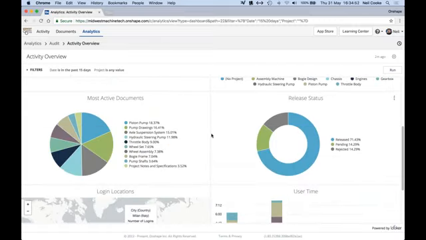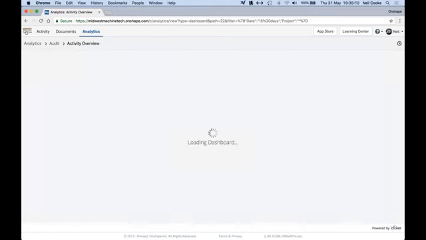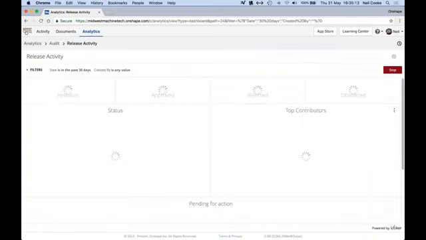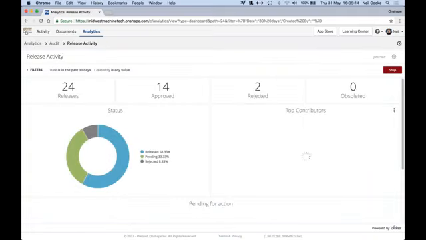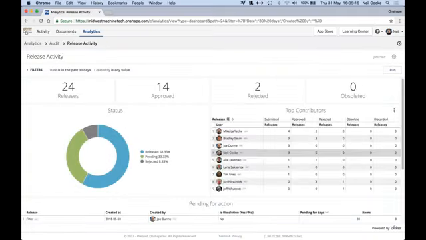Now, as a project manager, you might think, okay, well, we've got a number of pending releases here. We might want to dig down and see what's going on here. So each report has a submenu which you can drill down and see exactly what's going on in that area. So the release activity over the last 30 days, we've got 24 releases, only 14 have been approved, and